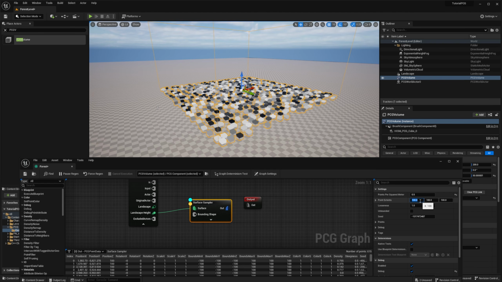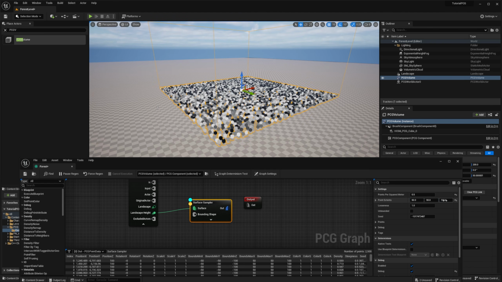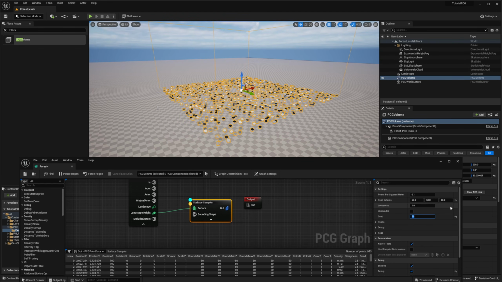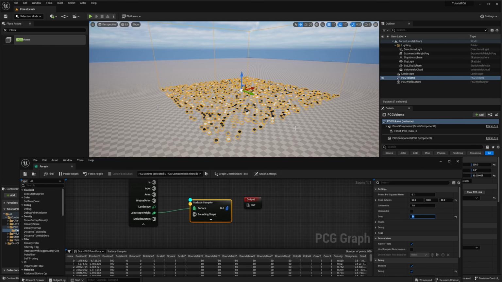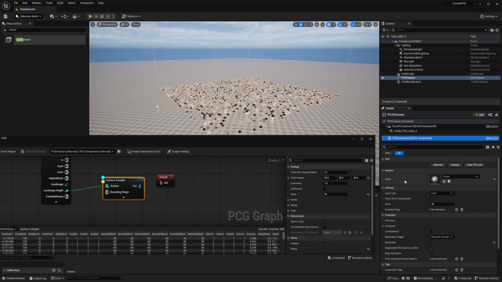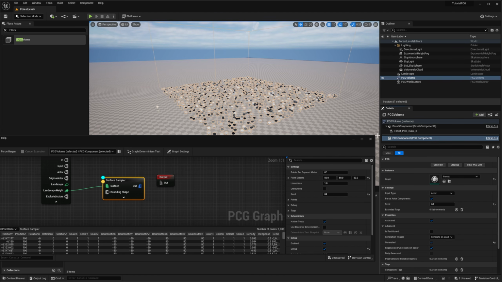And I can also change the extent. If I put them half their size, you will see that I have more points because the points are smaller. And if I go back to 0.1, you can see that you have less points. So the thing is, the generation is deterministic. So if you change the seed, you can have different results. So I don't know, put random seeds, it will change automatically. So you can have a seed on the surface sampler directly, but you can also have a seed on the component directly, which means with this exact same graph, you can have different seeds that will produce different results, which allows you to reuse the same graph and have different results.